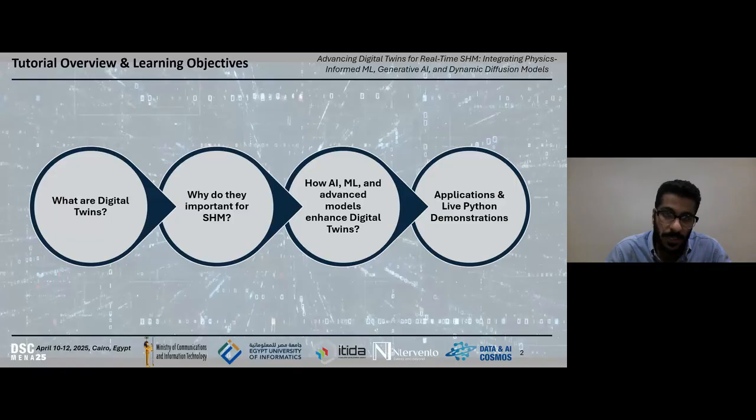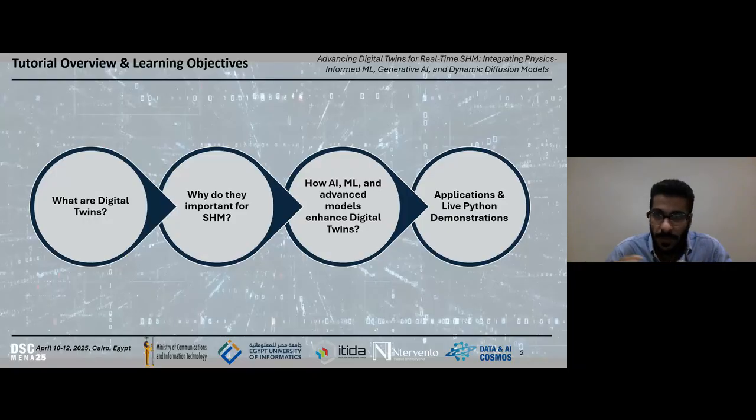Following that, we will look at generative AI and how it can simulate failure conditions that are hard to capture in the real world, and how it can generate scientific data, providing a huge amount of data from unexpected scenarios which we couldn't get in real applications.